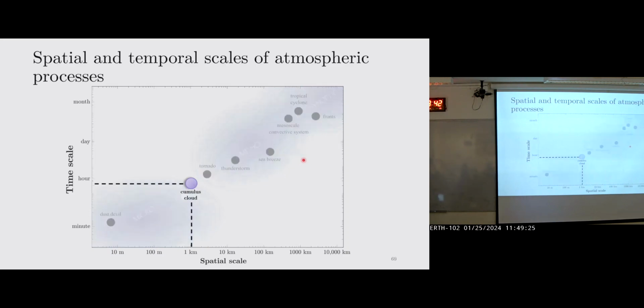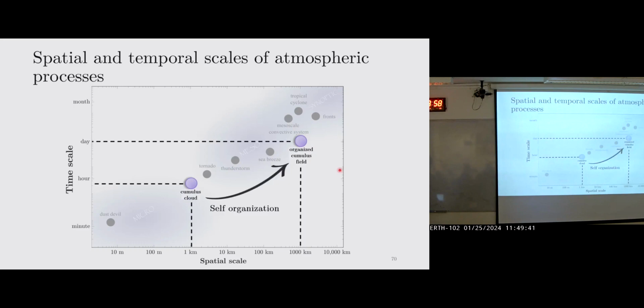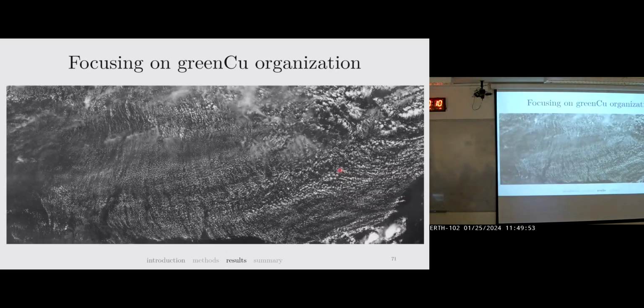But we've also seen that together they form this new entity that we call an organized cumulus field. This organized cumulus field comprises these single cumulus clouds, but the self-organization of the field really allows for this big leap in scales between the single cloud and the cloud field. And this is enabled through the organization and the synchronization of the clouds. A quick outlook. I will not go much further into it, but